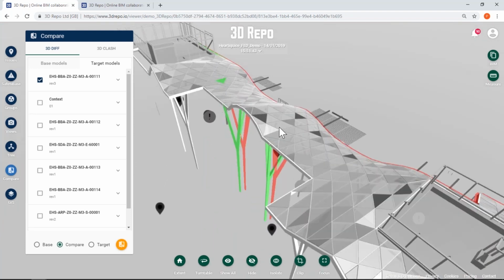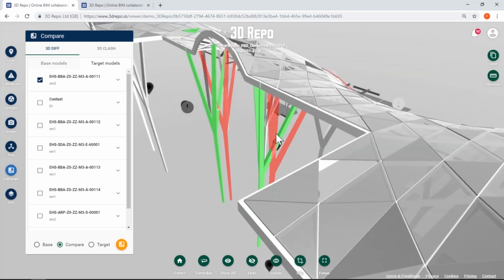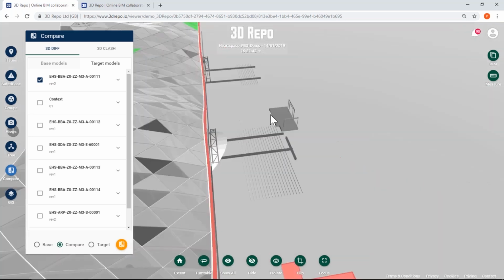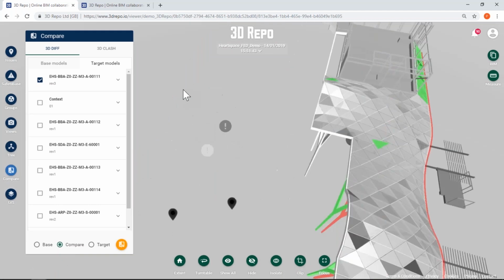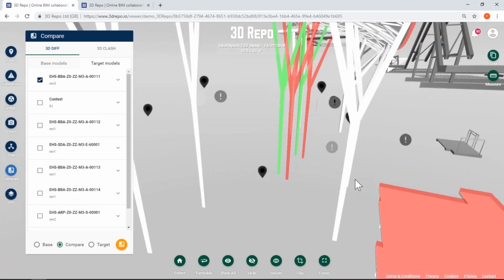Okay, so let's have a look now at the 3D diff feature, which highlights changes between revisions. This is a really useful tool when you want to see what has changed between the current revision and the last one, especially in a complex model. So here I'm comparing two revisions of this steel and glass canopy, which covers the yard, and some changes are fairly